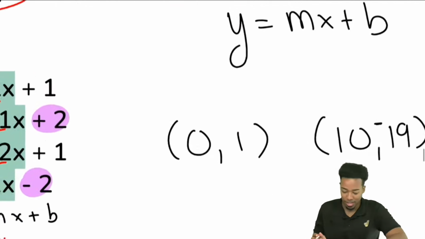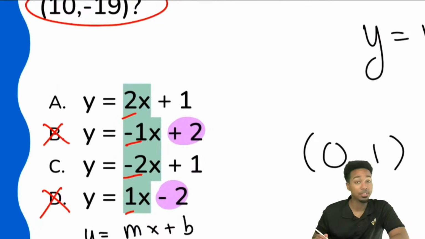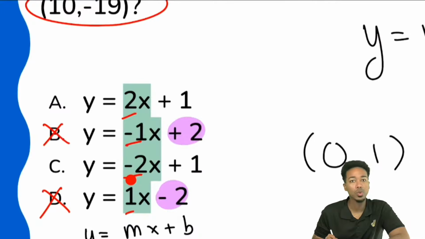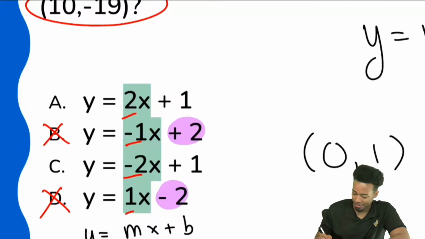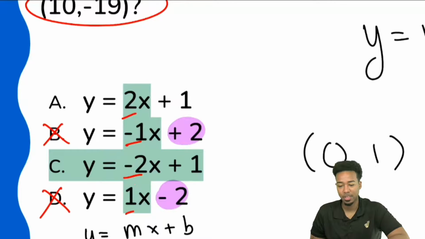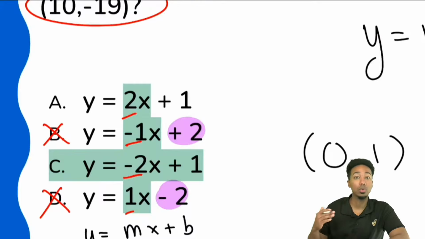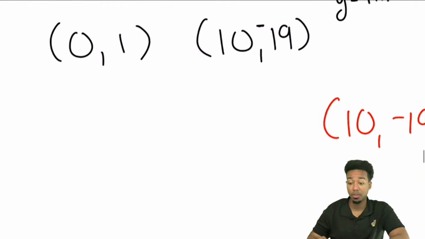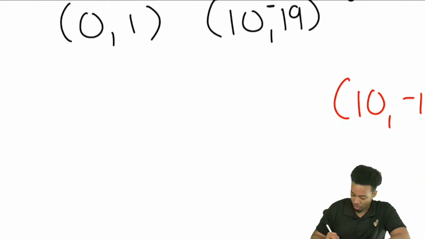And because of that, from the answers that we have left, we have a positive 2 and a negative 2 for the slope. Which one is it? The one with a negative 2. It's C. It has to be C. Has to be. So again, that was one way to do it. The other way could have just been using your slope formula and solving it straight up.